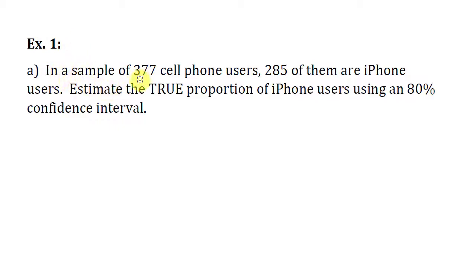In a sample of 377 cell phone users, 285 of them are iPhone users. Estimate the true proportion of iPhone users using an 80% confidence interval. So once again, as we already have seen a lot of explanations throughout the beginning lecture about how to find a confidence interval to estimate a population proportion, then in here we can see that according to the given information,